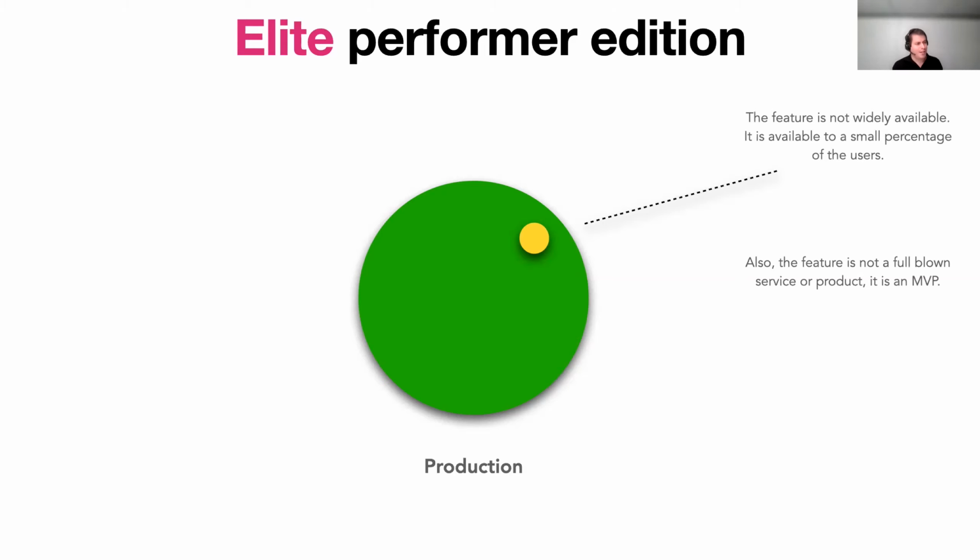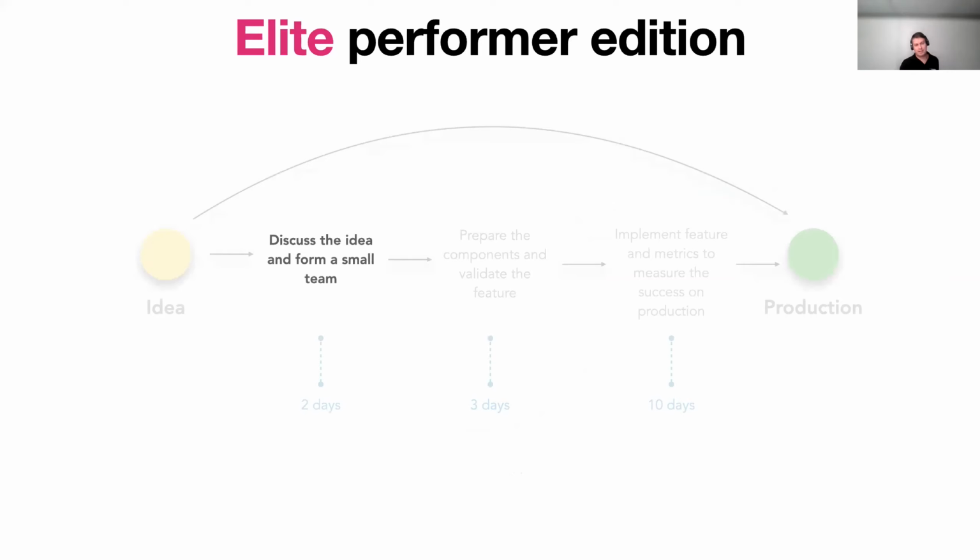Also, I want to mention, you saw here on the slide, I say this, discuss the idea and form a small team. What does that mean? You have people in your organization, and then you want to try this idea, you get these people together and form a team out of nowhere, you know? Usually it's not like that. Usually you have your teams very well structured in your organization. You have departments, you have teams, and you cannot just come and say, I want to form a team with these people, or I need this kind of abilities in my team.